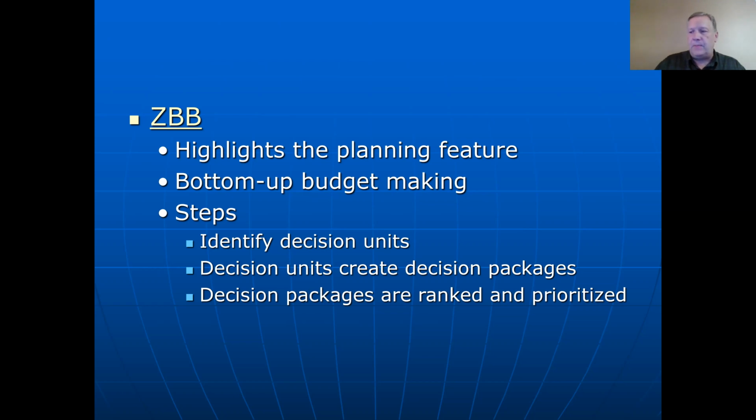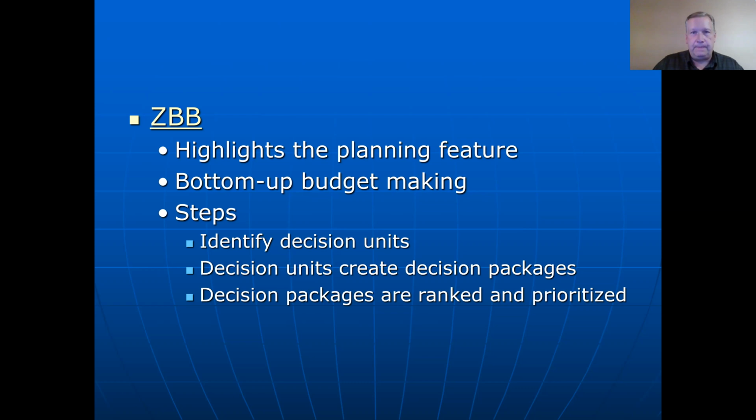Another alternative might be spend 5% more. Well, if we spend 5% more, we might be able to serve an additional 100 or 200 clients. That's a consequence of spending that additional money. So each package will then lay out different alternatives and the consequences for each of those alternative approaches to funding